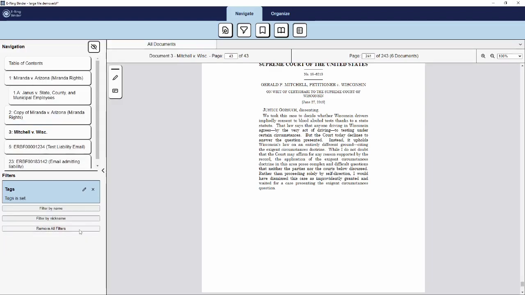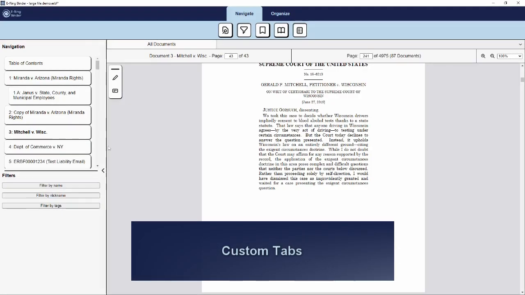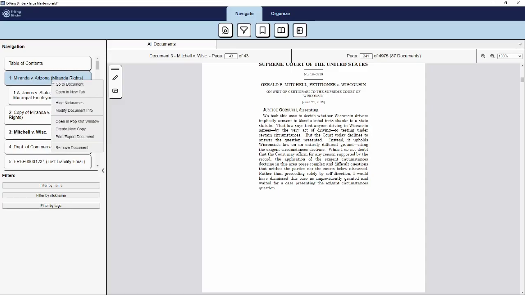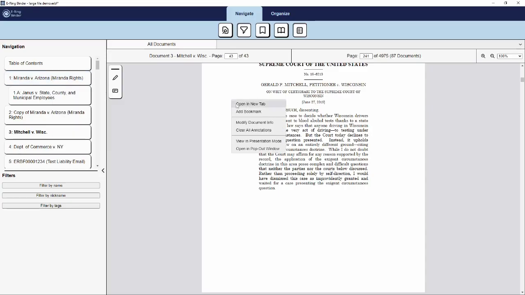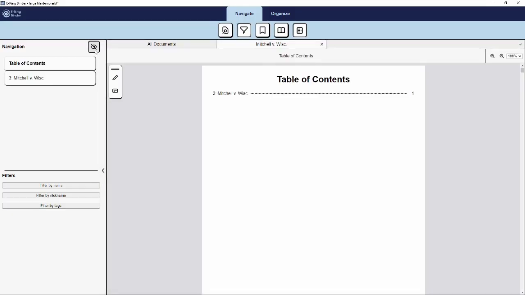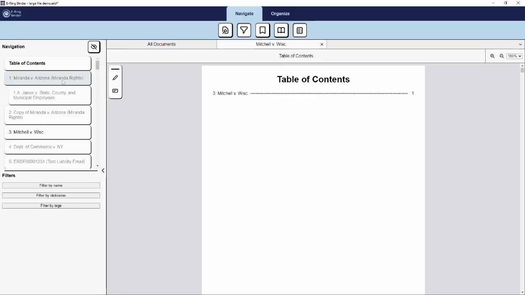The other way to change which documents show in the viewer is by creating custom tabs. To create a custom tab, you can right-click Documents from the navigation list or right-click on a document in the viewer and then select Open in New Tab. Your tabs will appear above the document information in the document viewer. Clicking on a tab will populate the viewer with only the documents contained in that